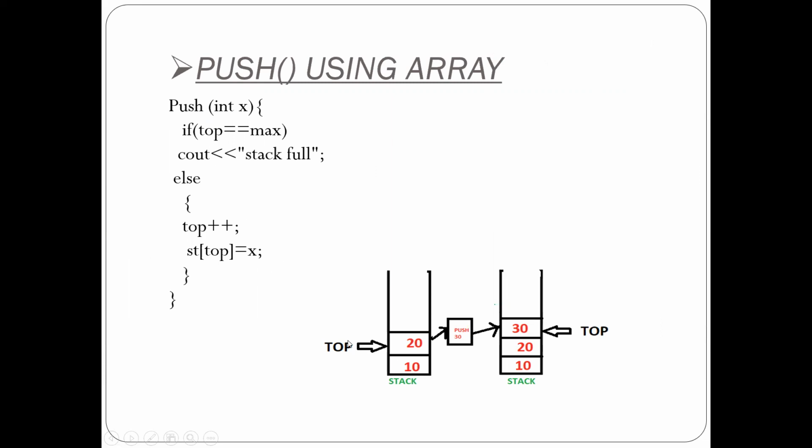That top end is a normal integer top variable, which will point to the topmost position. And inside this array, whenever we want to do the push operation, we have to just increment the top end and insert the value at that position. So if you are able to see here, top plus plus and st of top is equal to x. St is the array name. And where I want to insert, at the top position, I'm not writing 0, 1, 2, 3. Always we know that insertion in case of the stack we have to do from the top end. So st of top is equal to x. X is the value which I want to insert there.